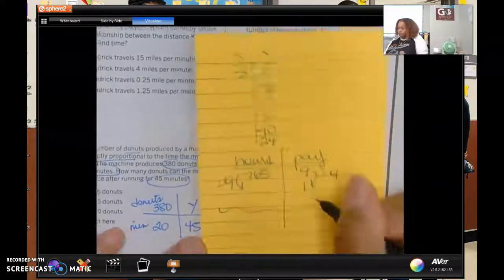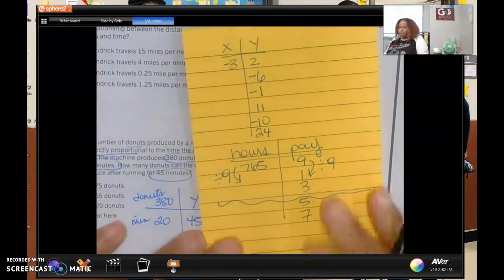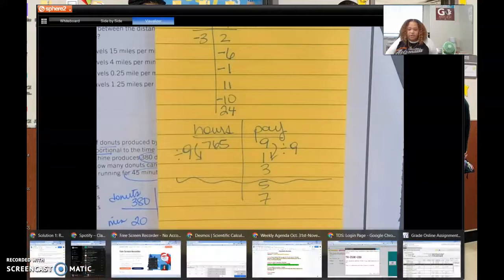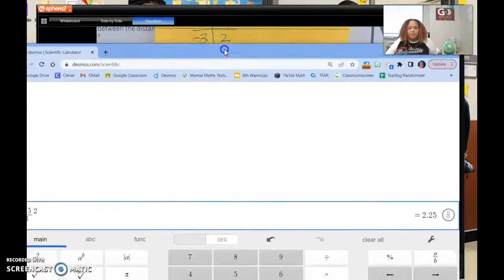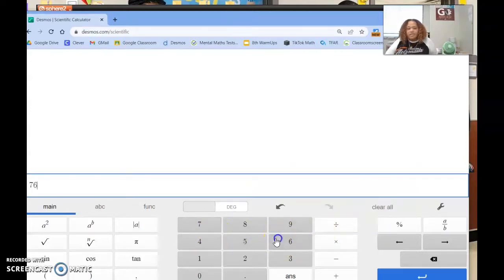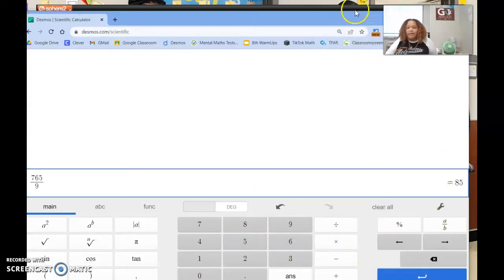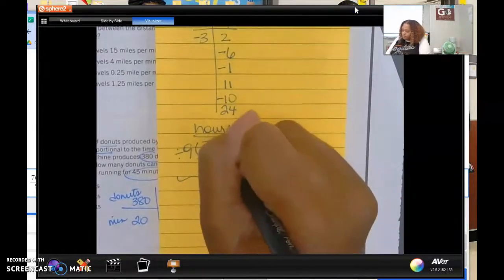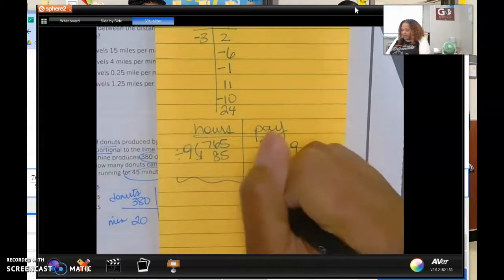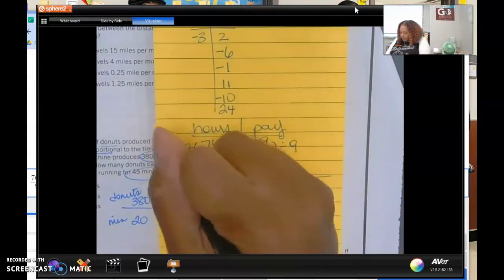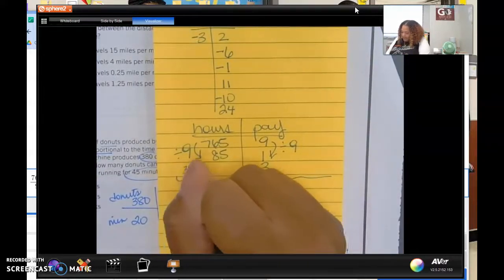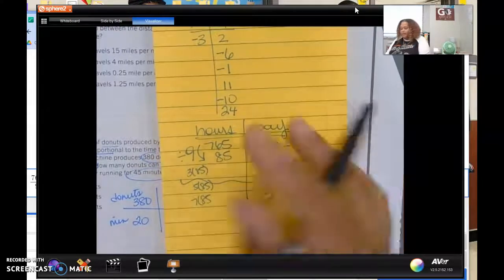3, 5, and 7. So if I calculate 765 divided by 9, let's go to Desmos. Clear all. 765 divided by 9 is $85 per hour. So I need 3 hours. So this will be 3 times 85, 5 times 85, and 7 times 85. That will complete my table, and then I can match